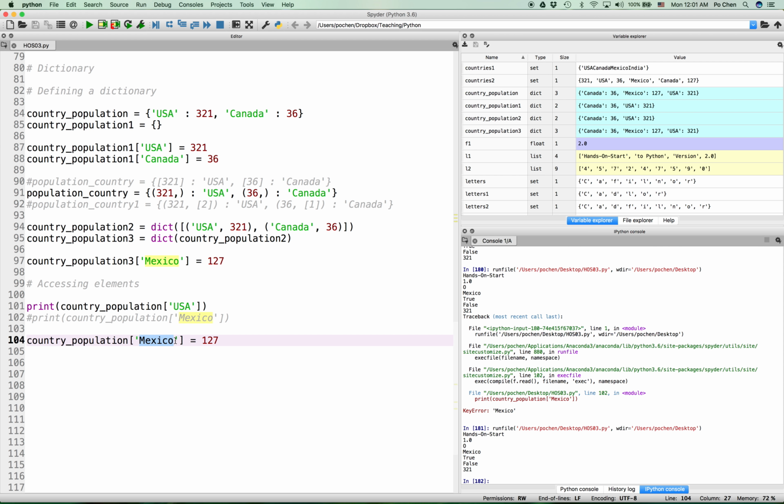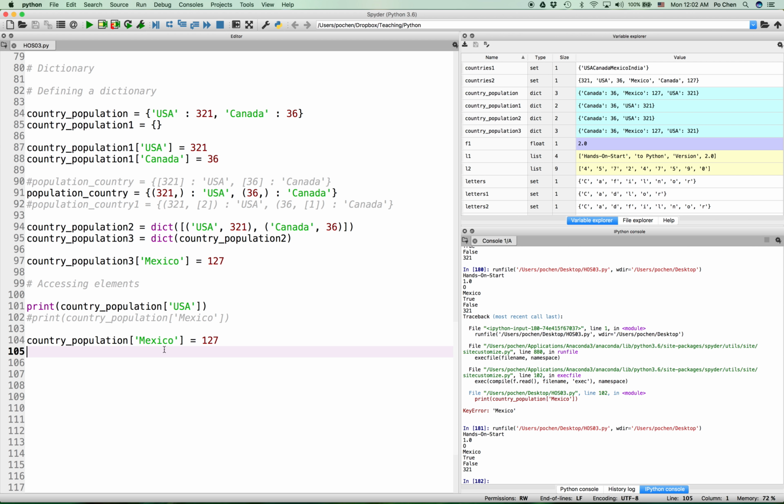So it will treat it as inserting a new key value pair into the dictionary, right? So this is going to work. This is the correct code actually, but this is incorrect code, right? Here you are accessing a non-existent key, but here you are trying to insert a new key value pair into the dictionary. Right? If the key appearing on the left-hand side of an assignment operator already exists inside of